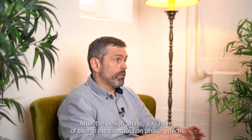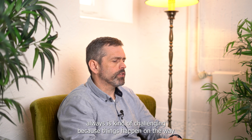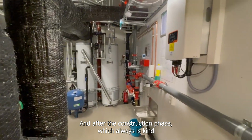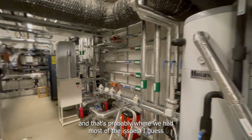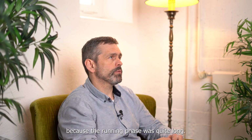After the design phase, you have, of course, the construction phase, which is always challenging because things happen on the way, and there's a contractor and there's a lot going on. And after the construction phase, which always is complicated and takes a lot of time, you have the run-in phase. And that's probably where we had most of the issues, I guess,